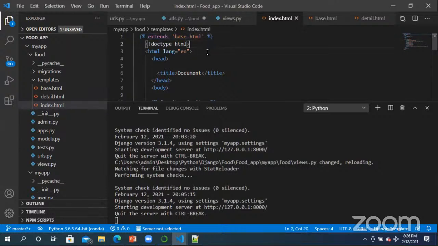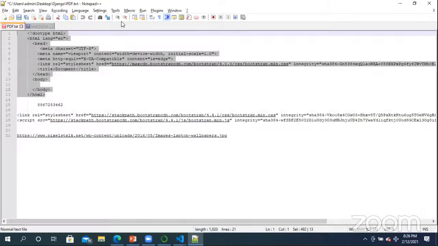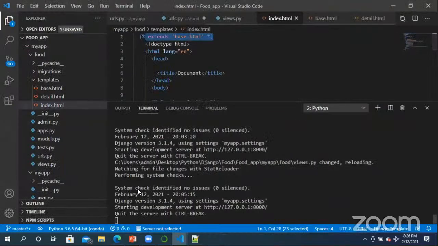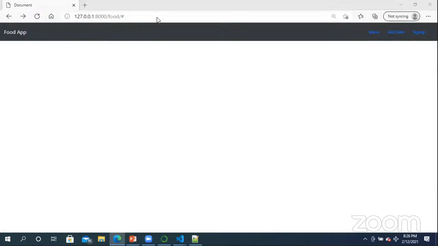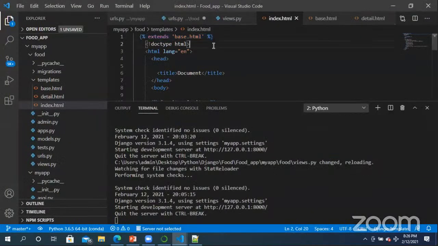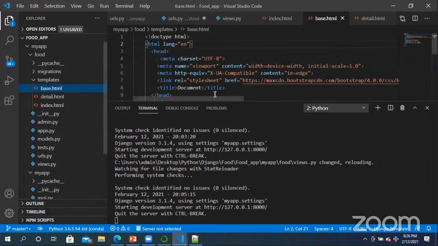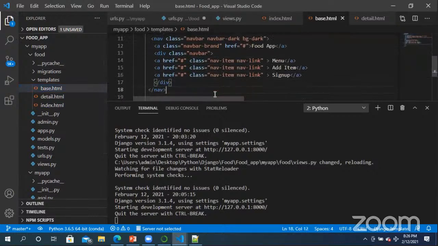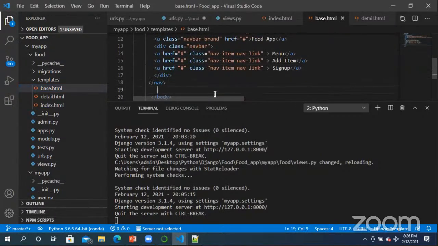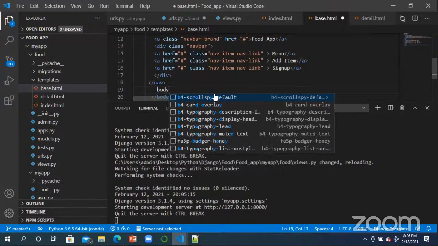But see, I understand this. This is a very good concept. So if you extend the HTML, go to the page, how it looks, everything is gone, right? It exported the page, but it's not doing anything because we are not writing anything about where to call, what to call. So in my base.html, in the body, after running all these repetitive things, you see